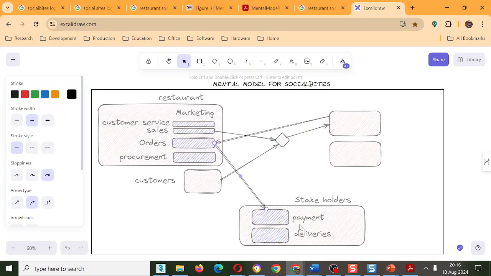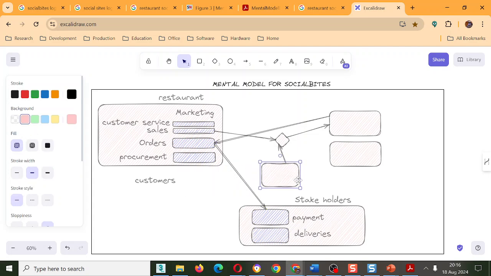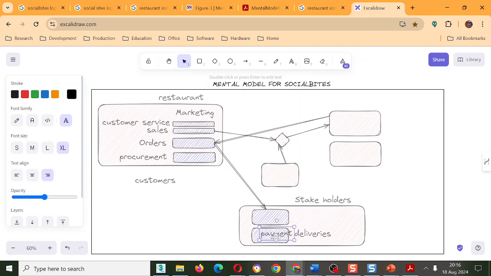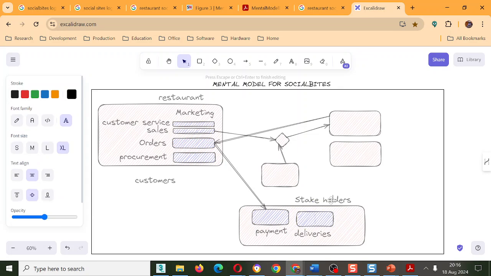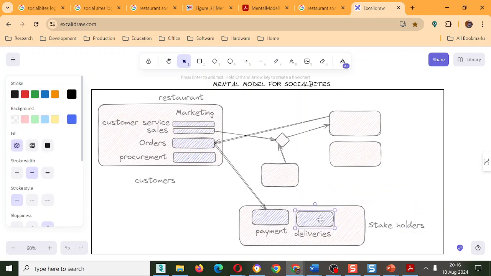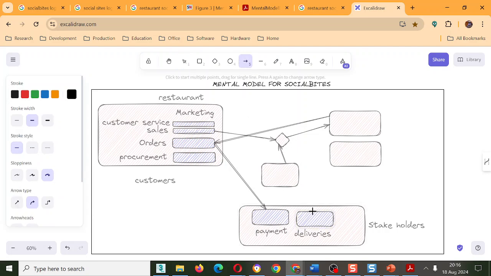Right? So that now goes to payments, and then from payments would come deliveries, and the delivery is made directly to the customer. So let me put the customer out here. I could then put this under here and move this above there. Stakeholders, just put it aside this way. And we can now connect deliveries, can be connected to this.